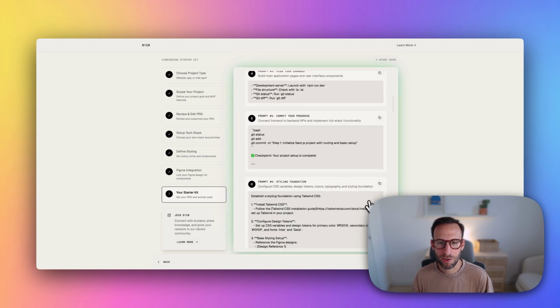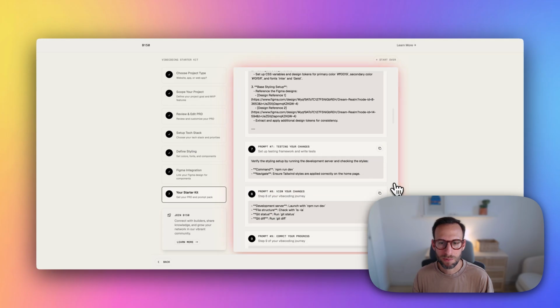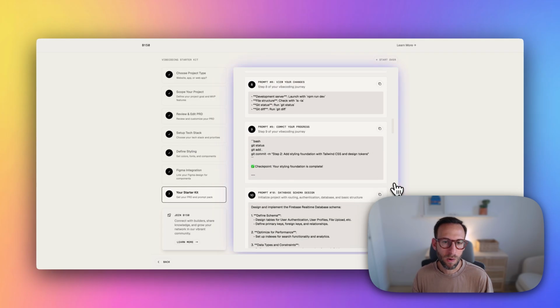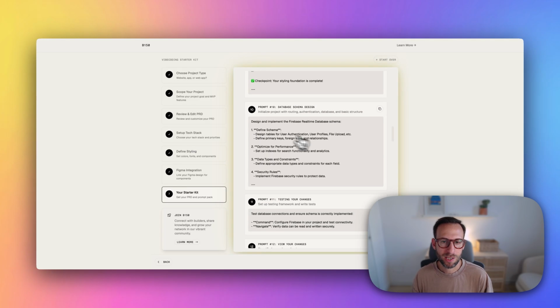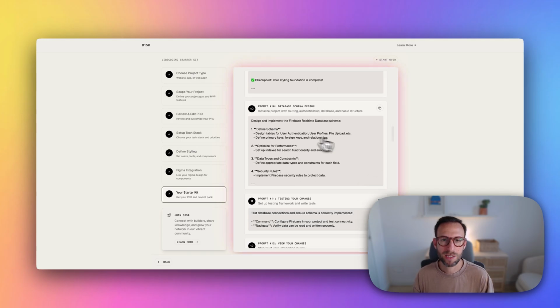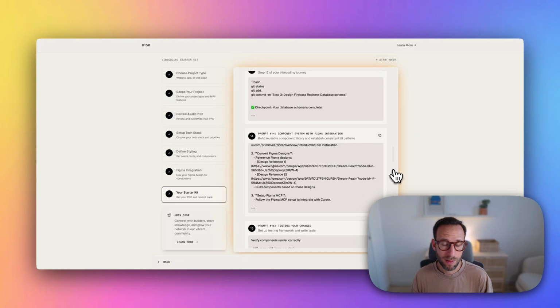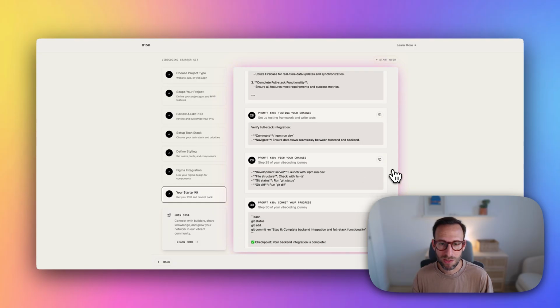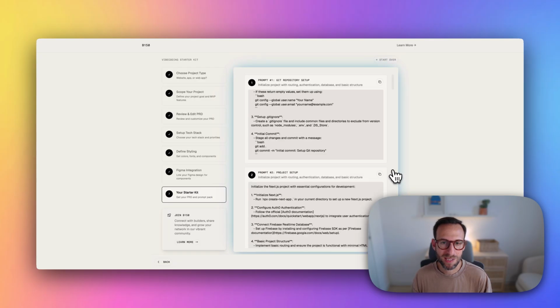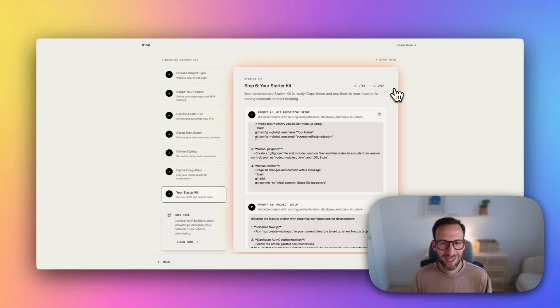And then it will literally guide you step by step from styling and foundation all the way through committing your progress and building your database and all the features that you need for your application. So there's a lot of prompts here. Follow them step by step, input them into your project, and you will hopefully have a bug-free, amazingly set up project for the